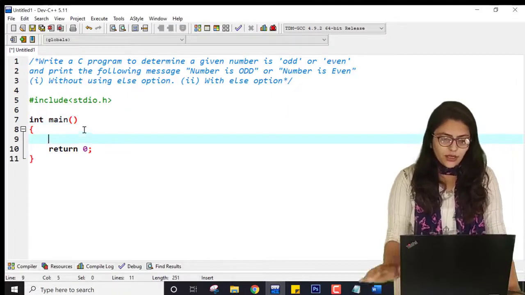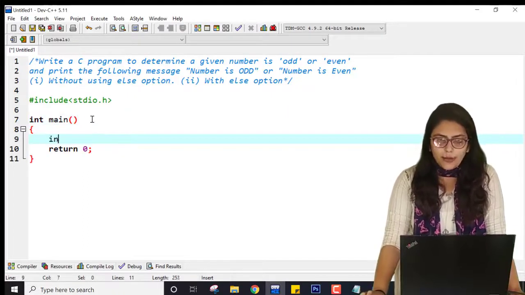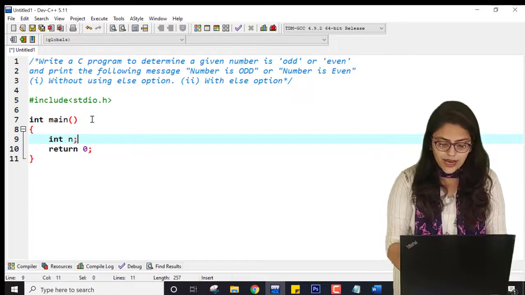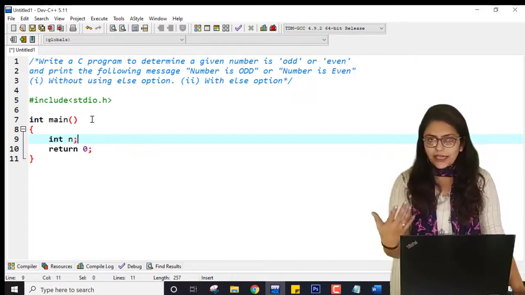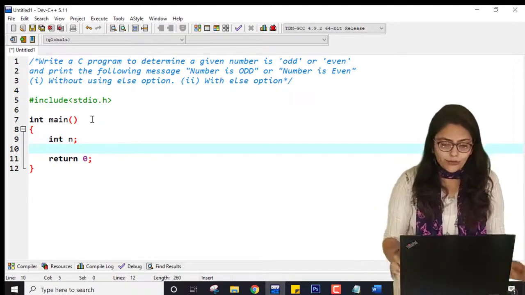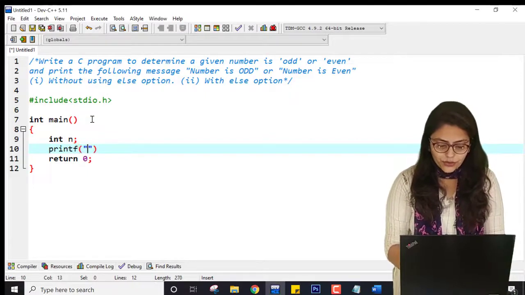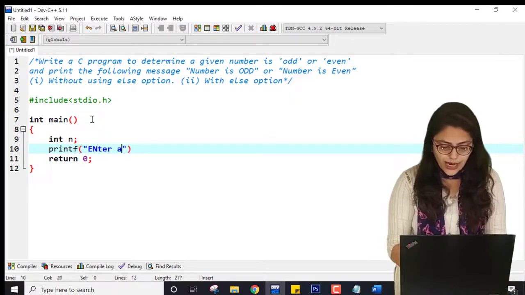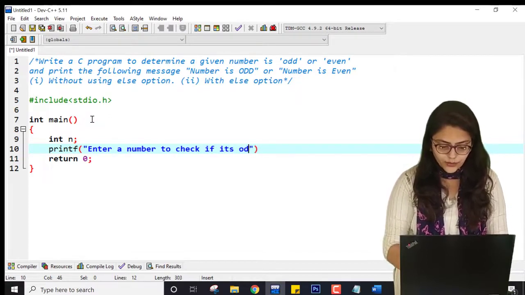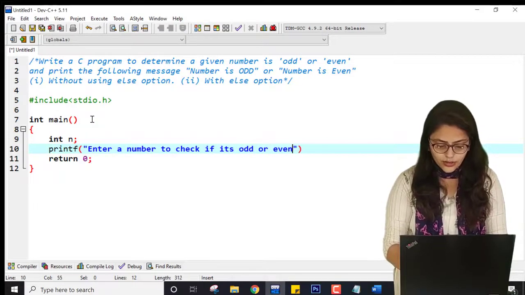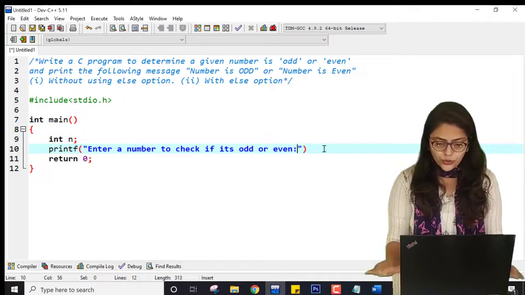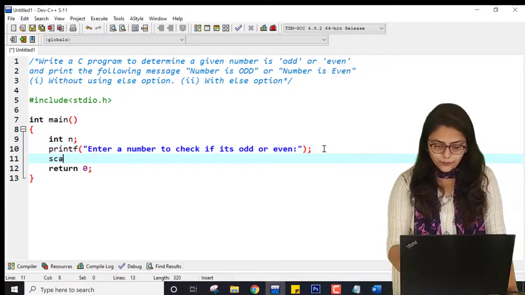After this, first I have to take a number from the user, so that's why I am using int n. I am taking an integer number from the user. Now after that I am printing a message for the user: enter a number to check if it's odd or even. Okay, so the user will be able to enter a number.